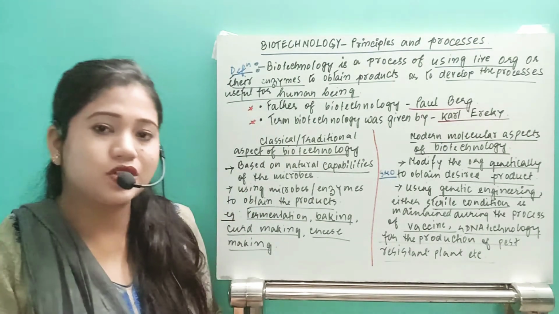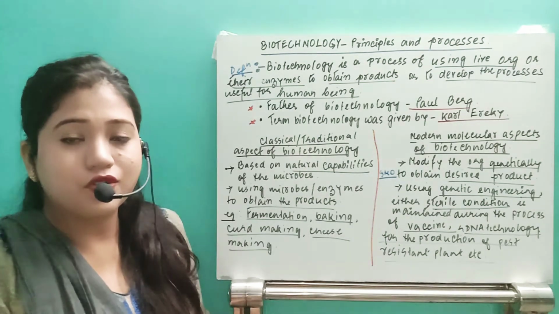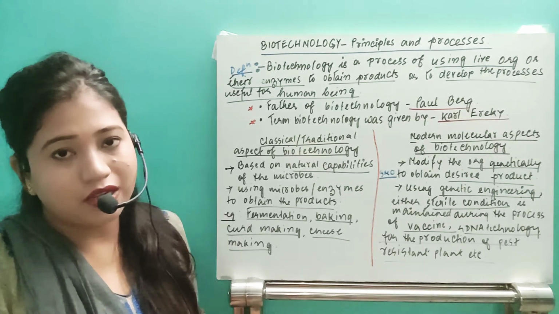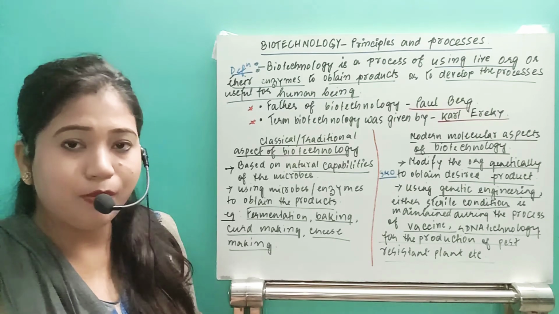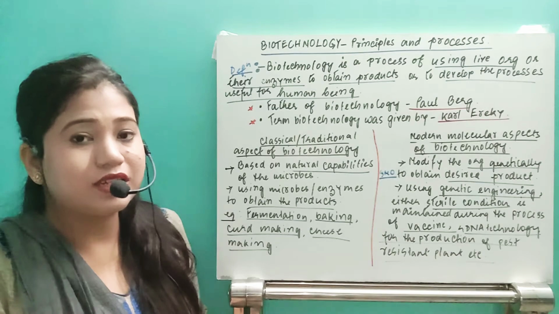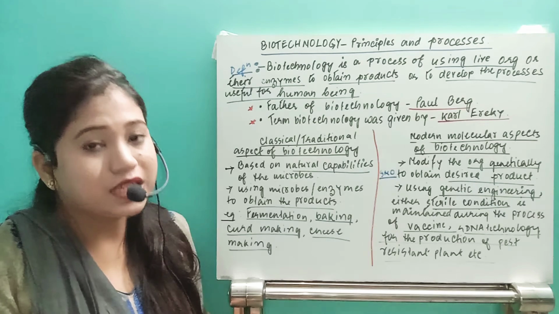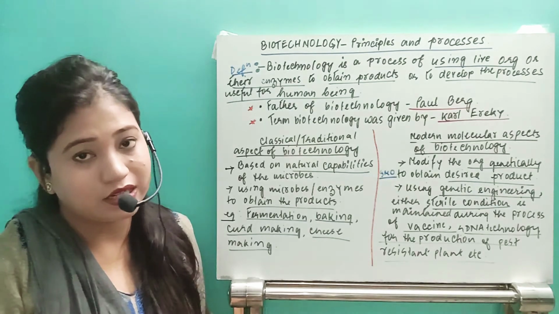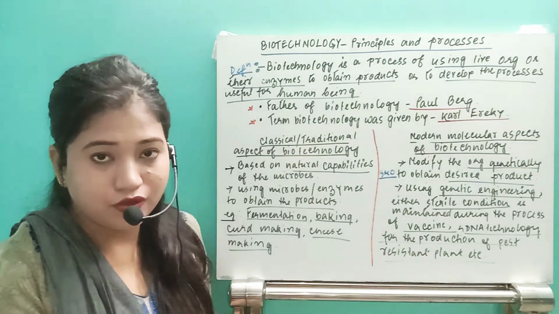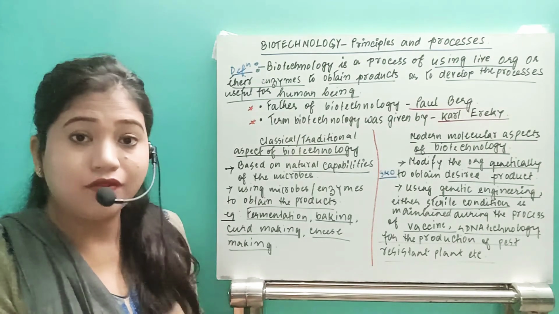So what is vaccination? We already know that vaccination was first of all discovered by whom? Edward Jenner. He actually used a microorganism that was causing cowpox, and it was introduced into humans. But nowadays the vaccines are different, there are varieties. Suppose 4th generation vaccine, 2nd generation vaccine, 3rd generation vaccine, etc., where the live organism is not directly introduced into individuals to develop immunity, as Edward Jenner did.